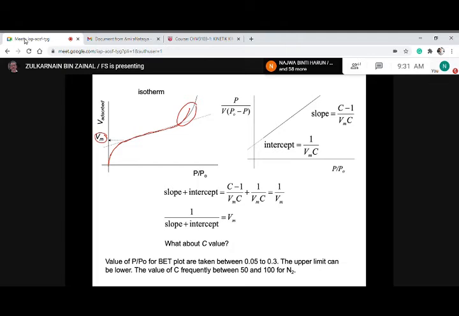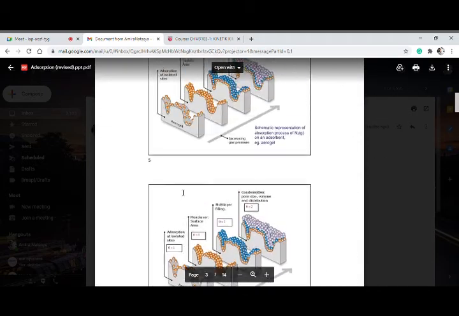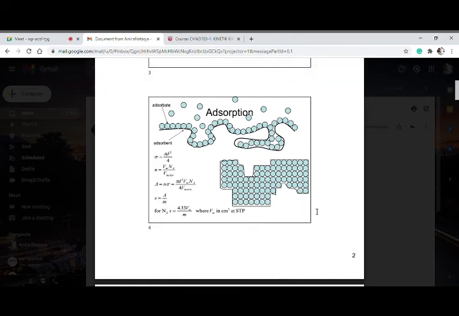So the same thing, you do the plot. This is one isotherm. You can also plot V adsorbed versus P over P naught. You can see the plot is almost similar to that of Langmuir, but the only thing is that we have another stage of adsorption where adsorption can occur by multi-layer. You can also do this linear plot by taking P over V(P naught minus P) versus P over P naught. That will give you a straight line, and you can get the slope as (C minus 1) over VmC,